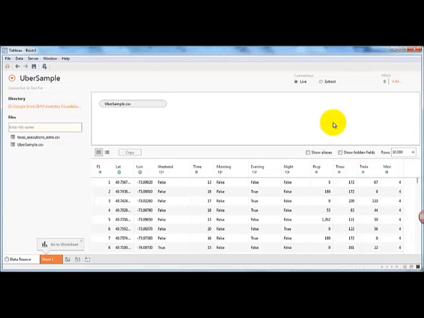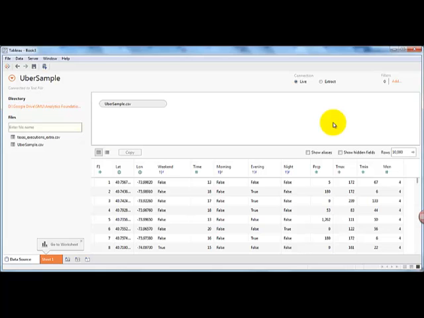Hello everyone. In this short tutorial, I'm going to show you how to do some really interesting stuff using Tableau, specifically data sets where you have spatial information about the geographic location of certain things that are happening. How can you visualize that using Tableau, and what are the types of insights that you can get from this